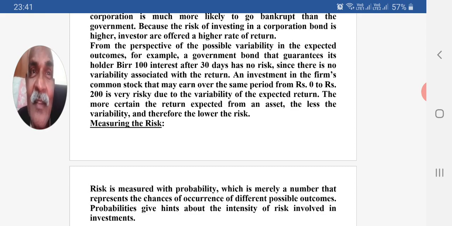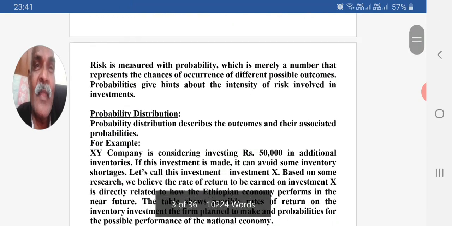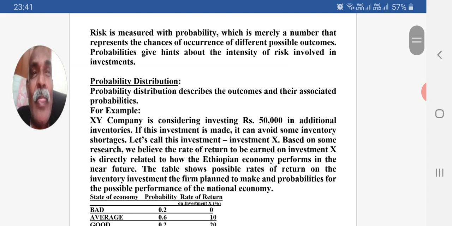Is that clear? Now, how do you measure the risk? Risk is measured with probability, which is merely a number that represents the chances of occurrence of different possible outcomes. Probability gives hints about the intensity of risk involved in an investment. Now, what is probability? A probability distribution describes the outcomes and their associated probabilities. As for example,